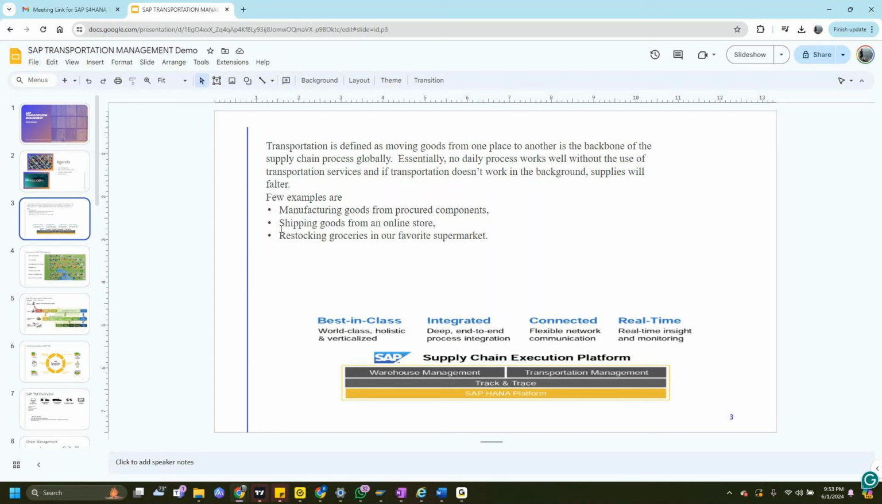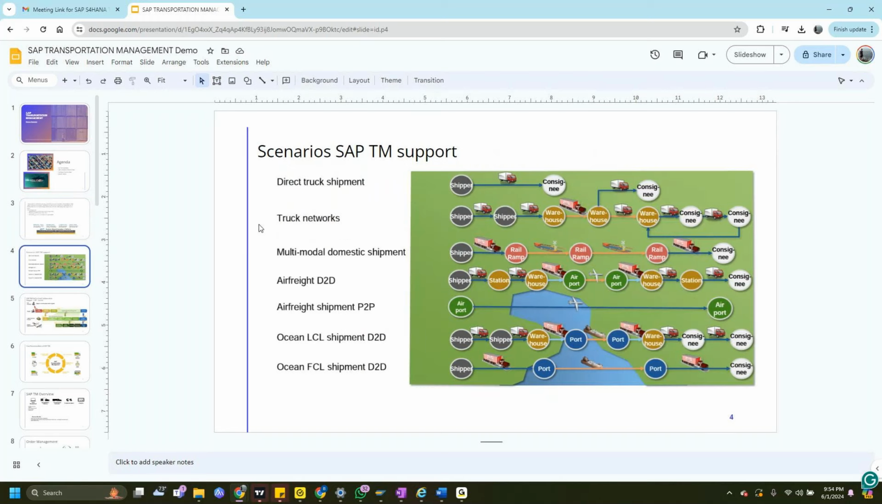If we own particular trucks, there is a different process. If we are subcontracting to a provider like DHL or FedEx, we leverage those services. That's called service subcontracting, a different kind of process we have. So you see, these are the number of